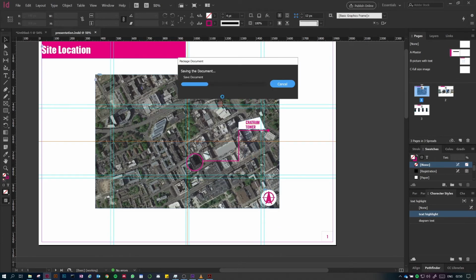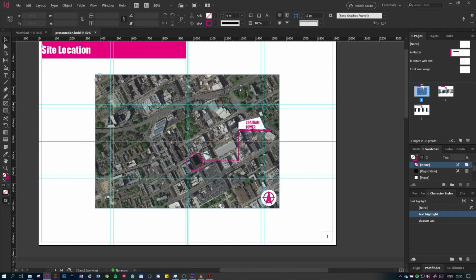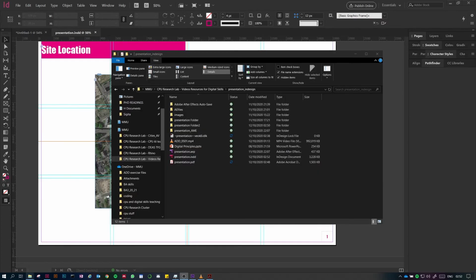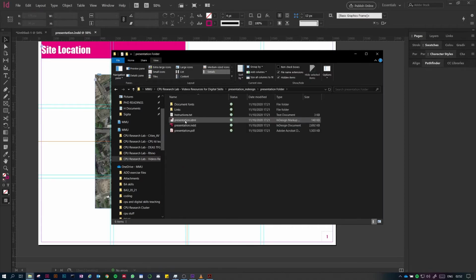Alright, it's saved. So now, when I open that particular folder, let me just bring it up for you. Alright, so here it is, and it is called presentation folder. So all of this stuff has been packaged into one. If I open this folder, you will see that it has an InDesign document. This is basically the same document I have here, except it has all the links linked to the folder